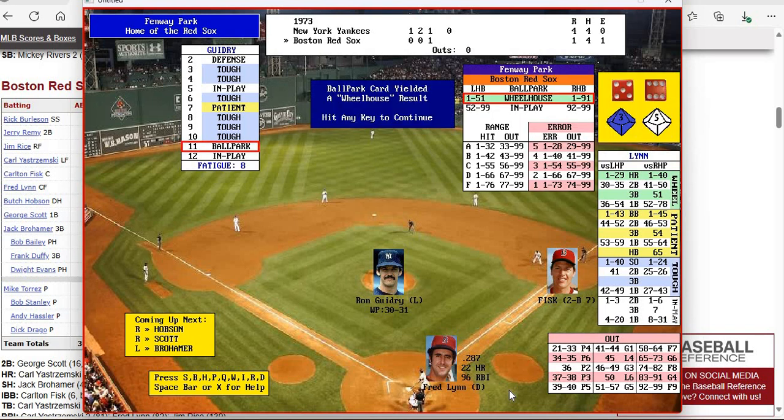All right, this is something here. Guidry rolled an 11, got ballpark. The 210-sided dice is a 35. So it's a left-handed hitter. It needs to be between 51 and 35, 51 and 1 to be a wheelhouse, and it's a 25-35, so